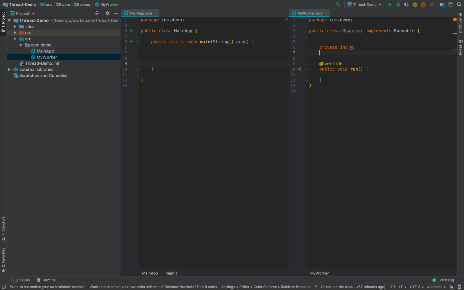This will be the n which we will be passing from this main app class, the worker class. And we also need a boolean which will tell us whether it's odd or not. Is odd. Whether we want to print odd numbers or even numbers.